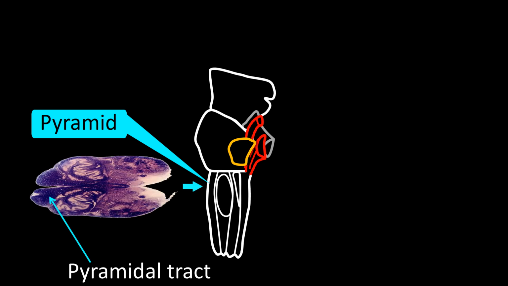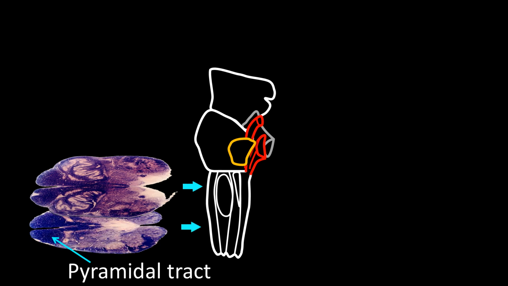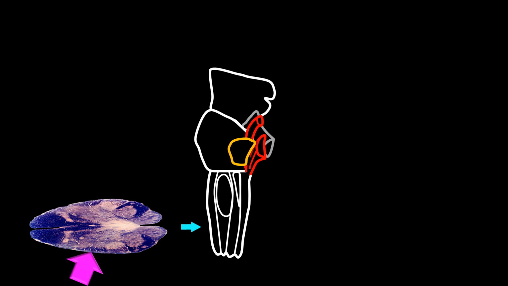At this level, the pyramid hosts and gives the name to the tract going through it, which is called the pyramidal tract. This tract continues as a solid tract even after the lower end of the olive, as you can see here. Between the pre-olive and post-olive sulcus, forming the edge of the medulla at the level indicated, you have